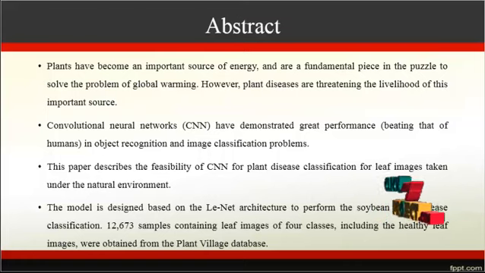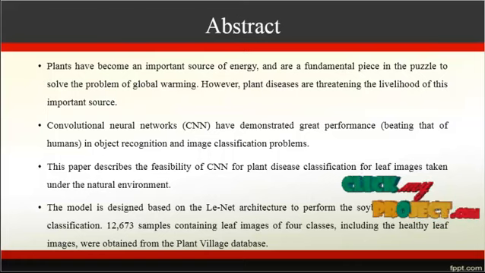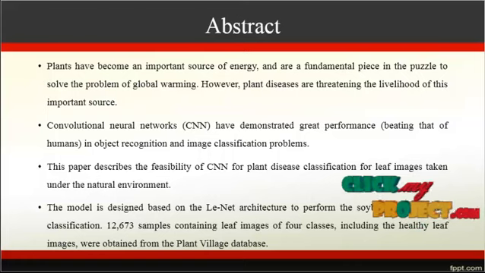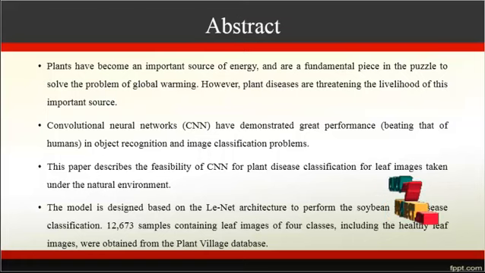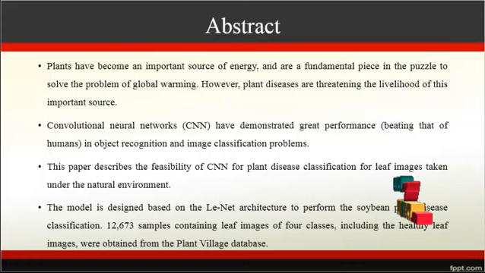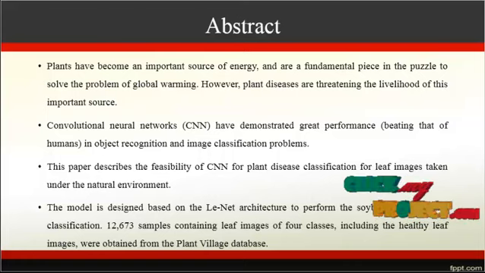In this paper, we describe the feasibility of CNN for plant disease classification for leaf images taken under natural environmental conditions. Here we use the standard datasets for the classification purpose. This model is designed based on the LeNet architecture to perform the plant disease classification.